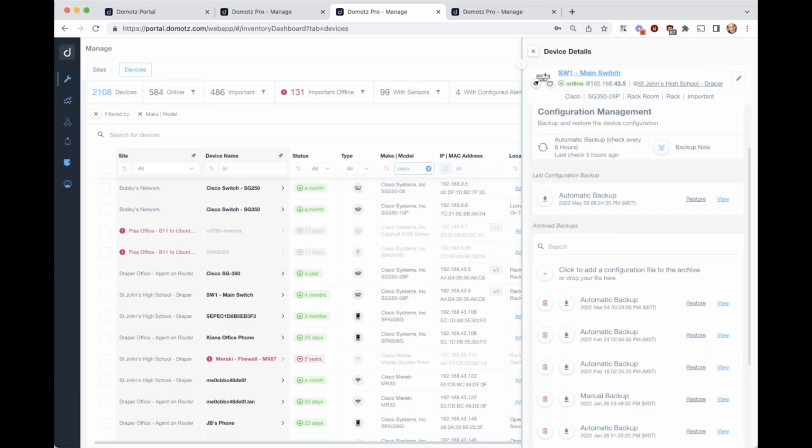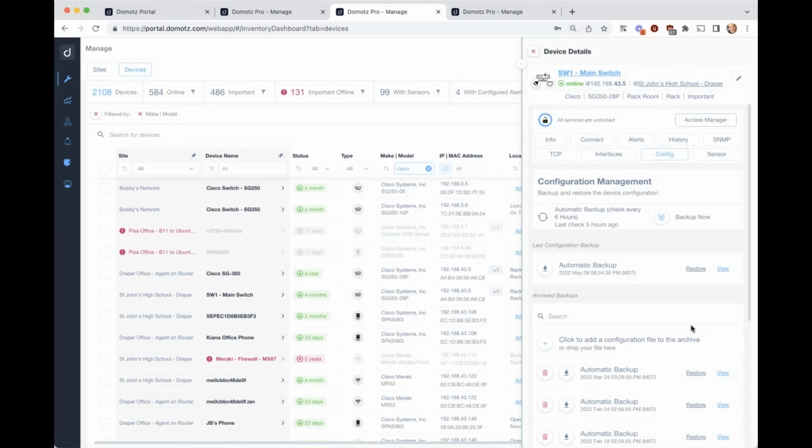Domotz automatically backs up changes every 6 hours. As you see here, the last time was 5 hours ago. If I make a change now, in 1 hour the new configuration will be saved. You are able to restore to Domotz a previously configured file. Why is this important? As we mentioned, you will be notified if there is a change, or let's suppose you have some issue on a network and